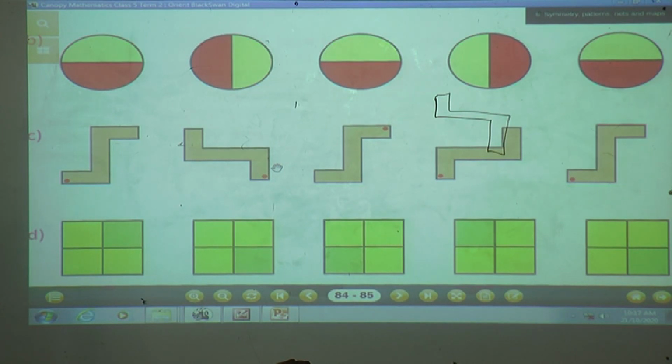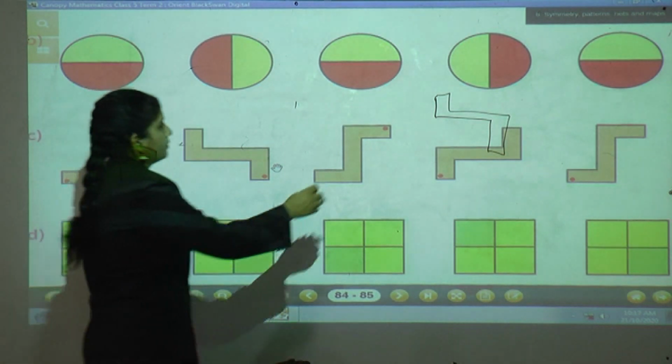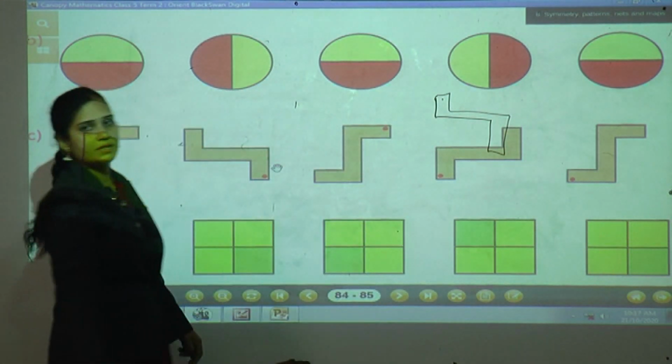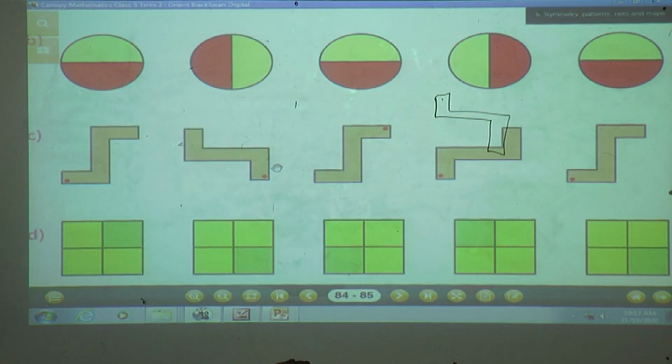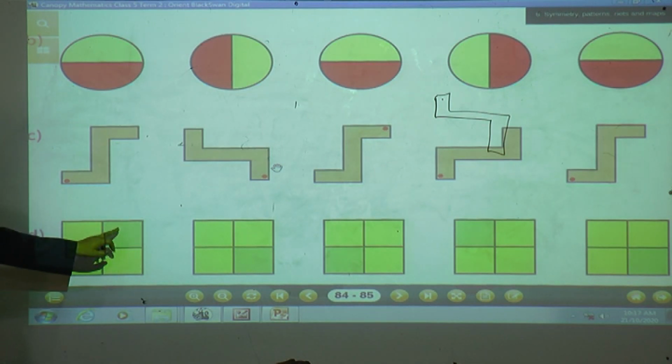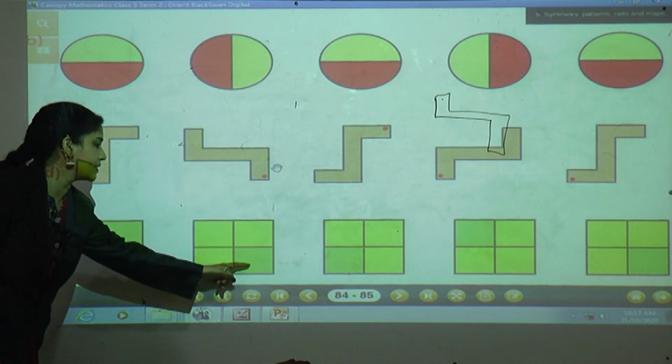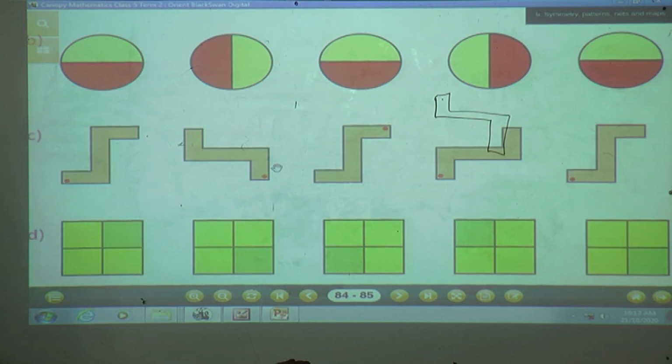Yes students, it will come here, isn't it? Now D1. Now tell me which one is wrong here. See here, yellow color and here one box green color. Here also 3 yellow colors and here green color. So which one is the correct? So which one is the wrong one?